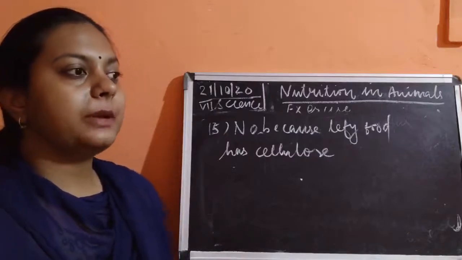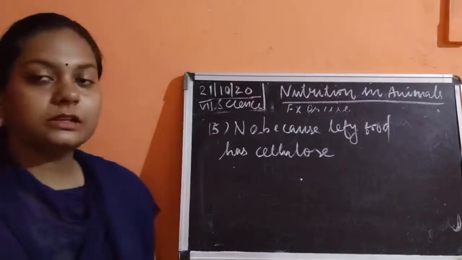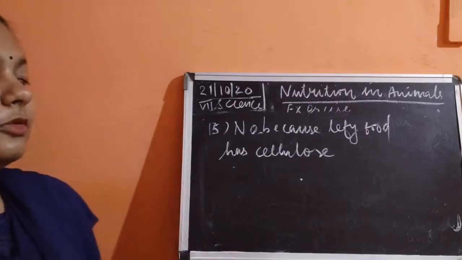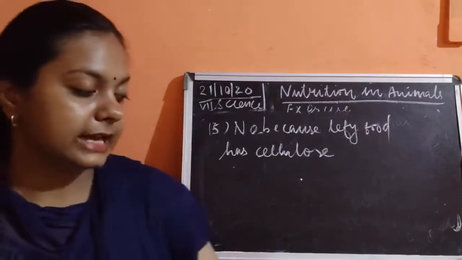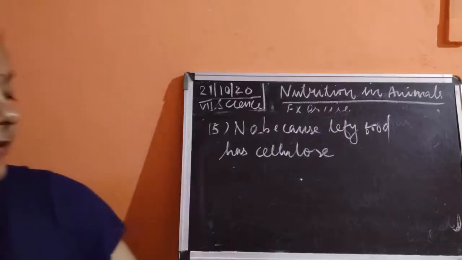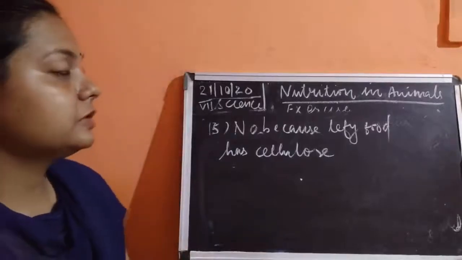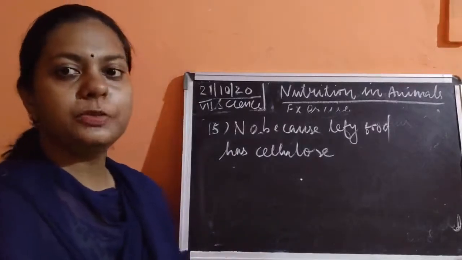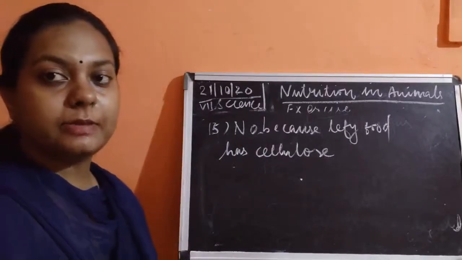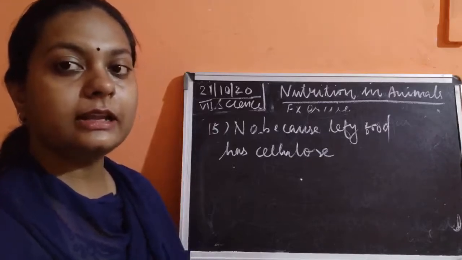So when the food comes back into the mouth, what happens? It is chewed again. Because of the continuous chewing, the cellulose breaks down into simple portions. When simple portions of cellulose are there, they are easily digested in the intestine of the animal, because they have special bacteria which act upon this cellulose, and the cellulose is digested completely. But in human beings, this is not happening. In human beings, no such bacteria are present. Then what happens? It is not getting digested.